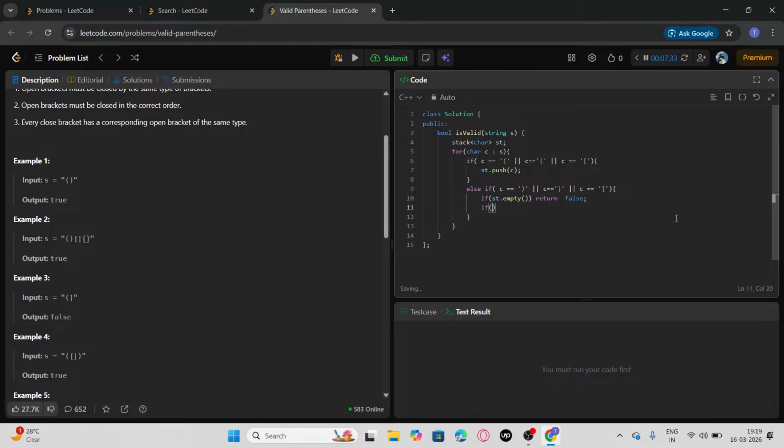If, let's just say, our C is the closing bracket for this parenthesis and our top is not this,